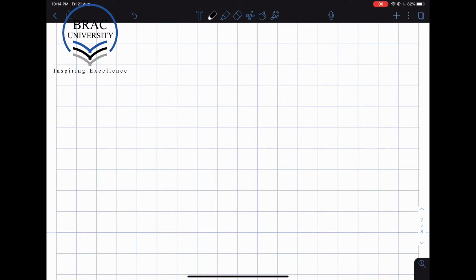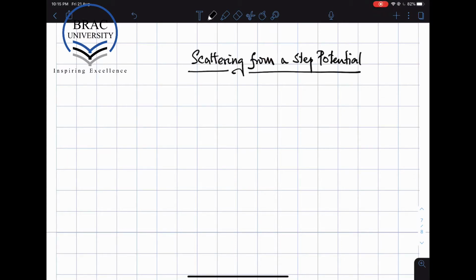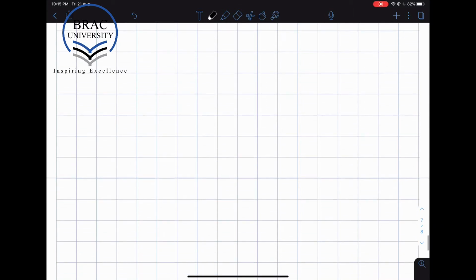So the rest of today's lecture will involve the discussion of scattering from a step potential in one dimension. In physics, especially in quantum mechanics, an important problem is to consider how quantum states scatter from a potential. So in one dimension, let us treat the most simple case. What we are going to do is discuss the case where we have some